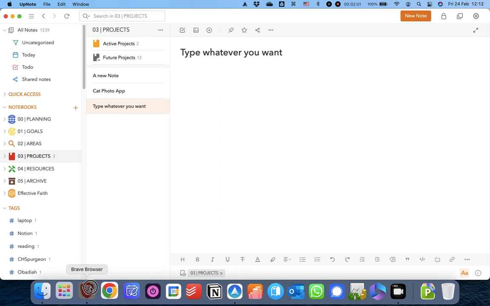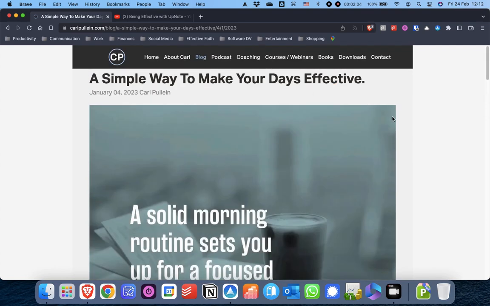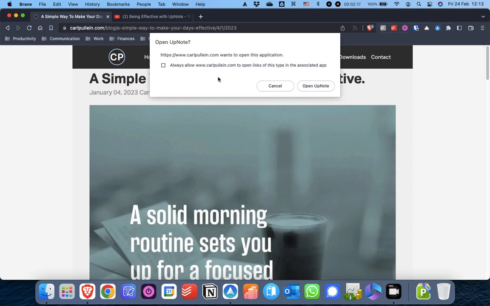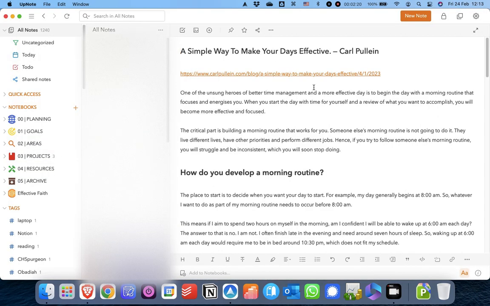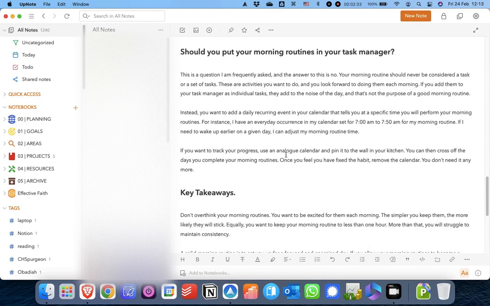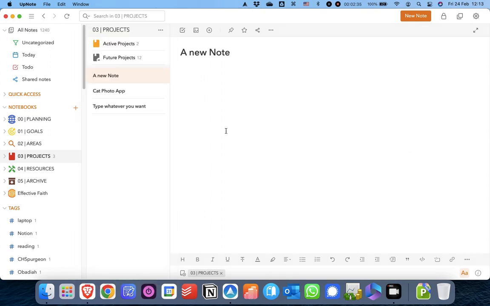Second, UpNote comes with a web clipper. That's an extension that's available for all of your different web browsers, pretty much, and it's this button up here. I've got it preloaded and ready to go. So if you press that, you get this little warning come up, and it creates a new note within your uncategorized section there, and it's really good actually. So let's just go back here. So that's the web clipper, and then the last one I want to show you